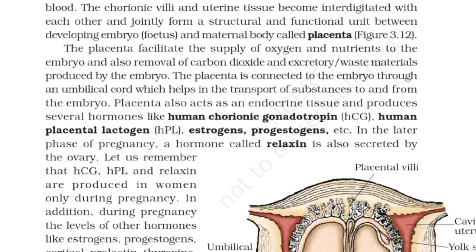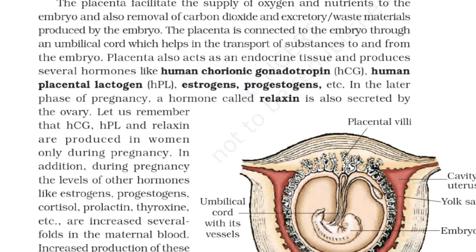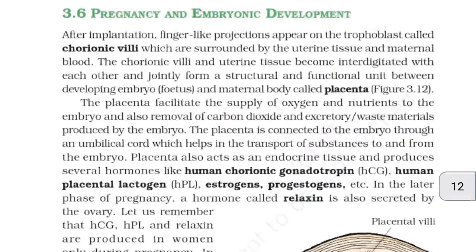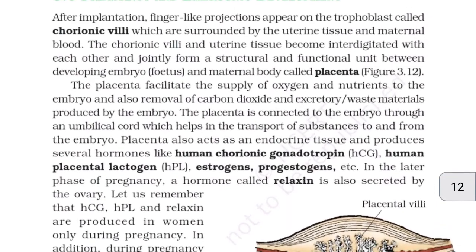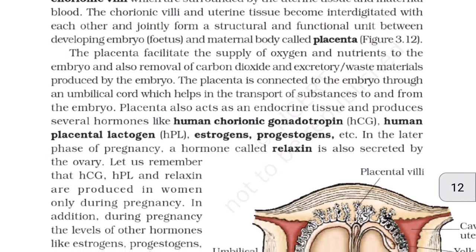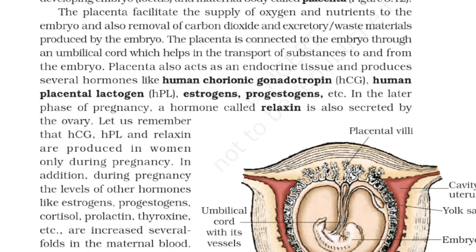The placenta facilitates the supply of oxygen and nutrients to the embryo and also the removal of carbon dioxide and excretory waste materials produced by the embryo. The placenta is connected to the embryo through an umbilical cord, which helps in the transport of substances to and from